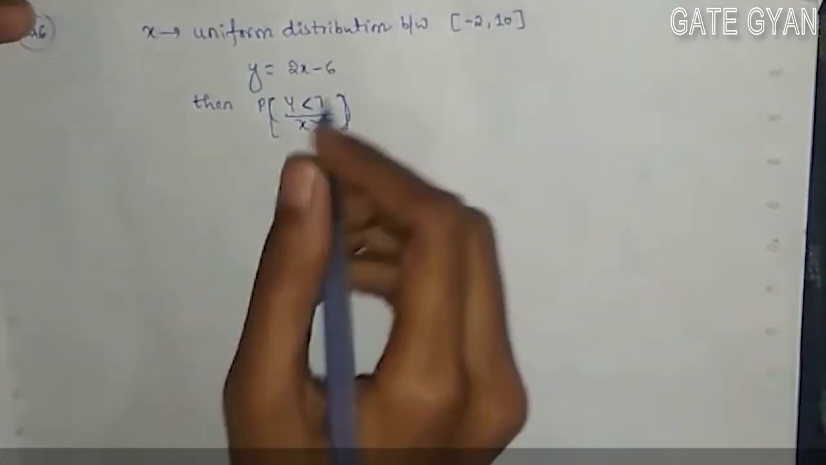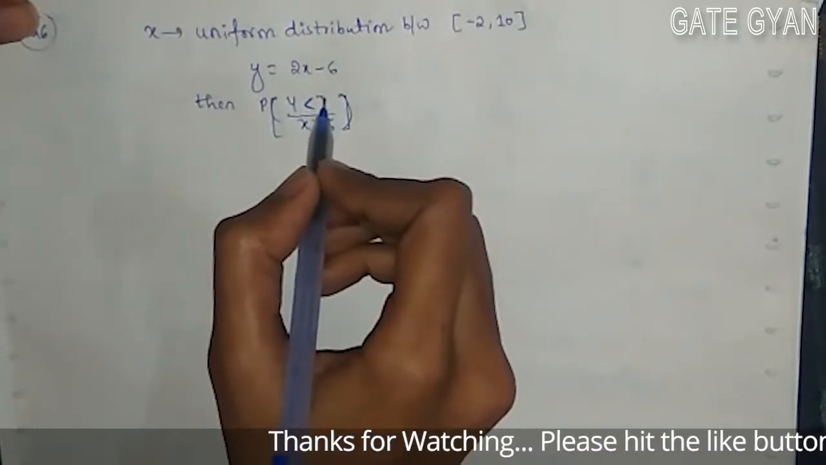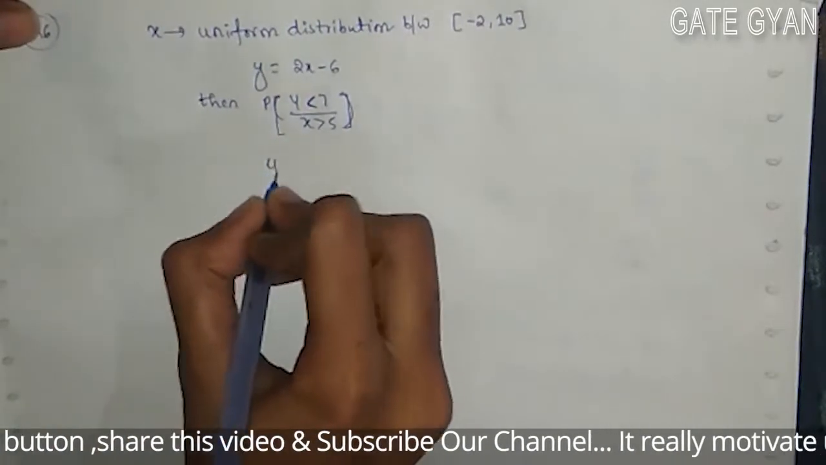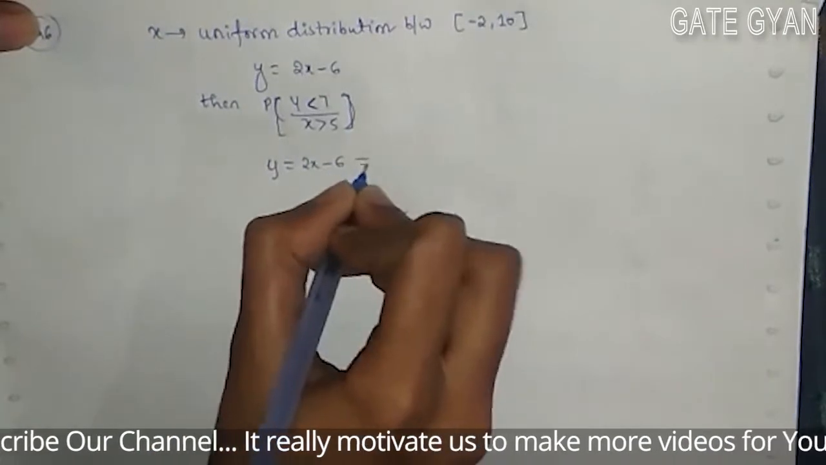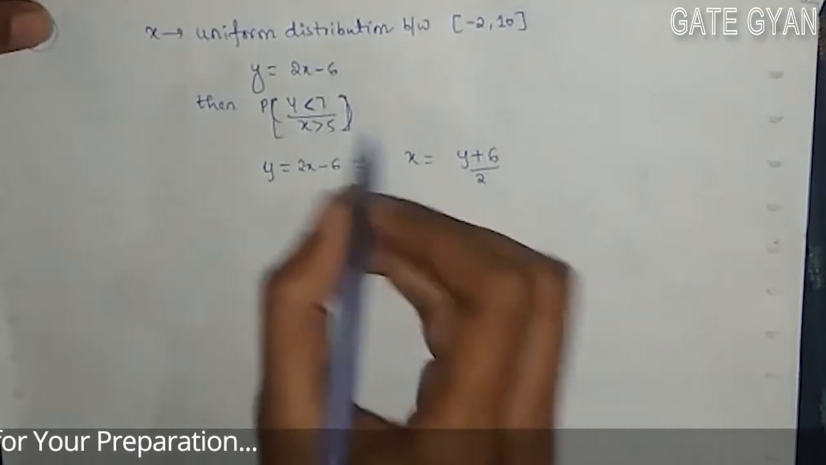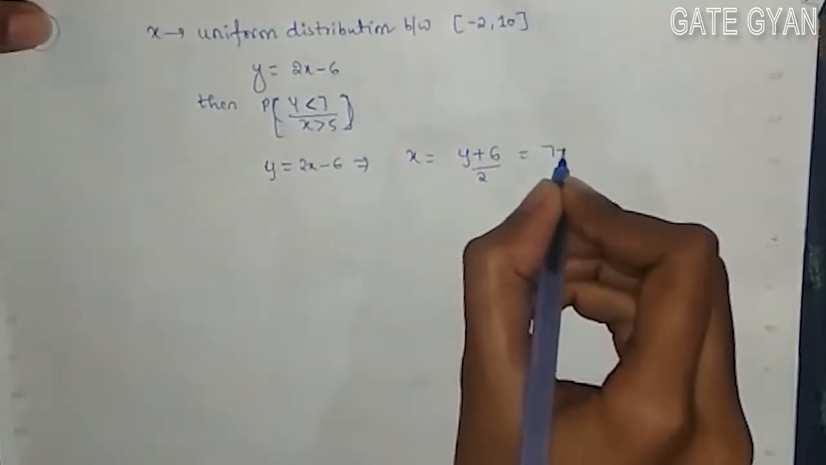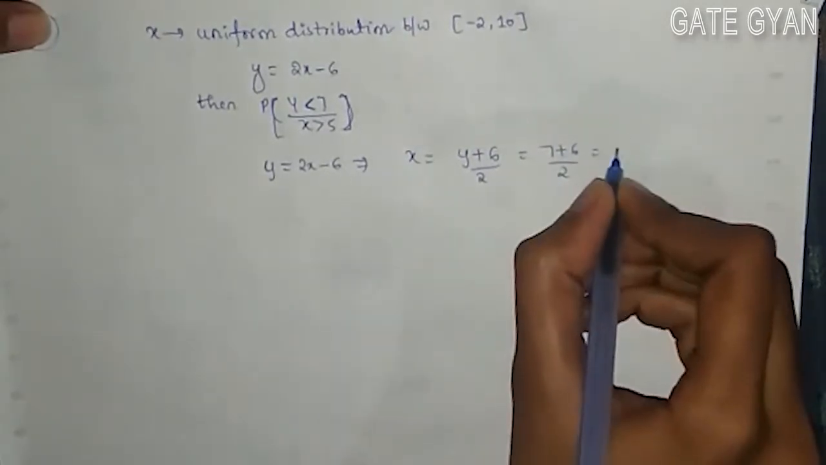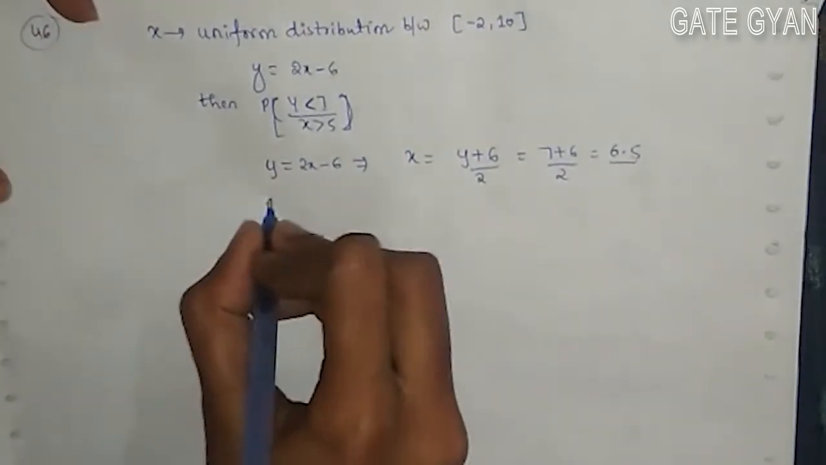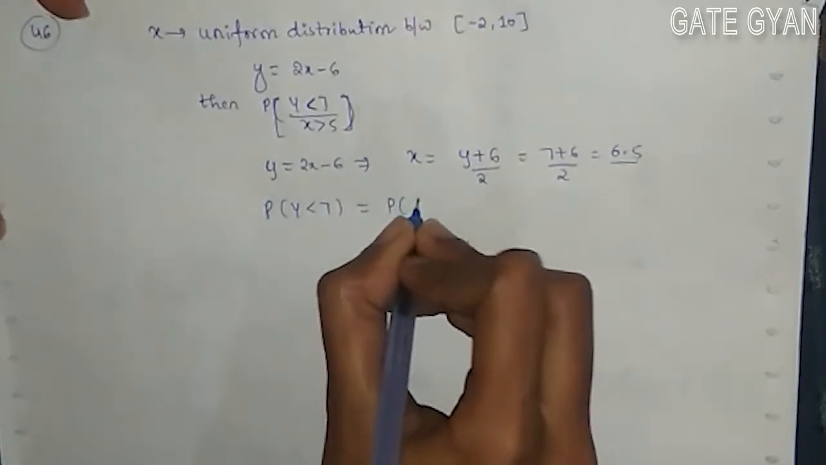So first of all, we will find for y less than 7. At y equals 7, we will find the value of x. From y equals 2x minus 6, it implies that x is going to be (y plus 6) by 2. Now we'll check the value of x at y equals 7. So x is going to be (7 plus 6) by 2, that is equal to 6.5,